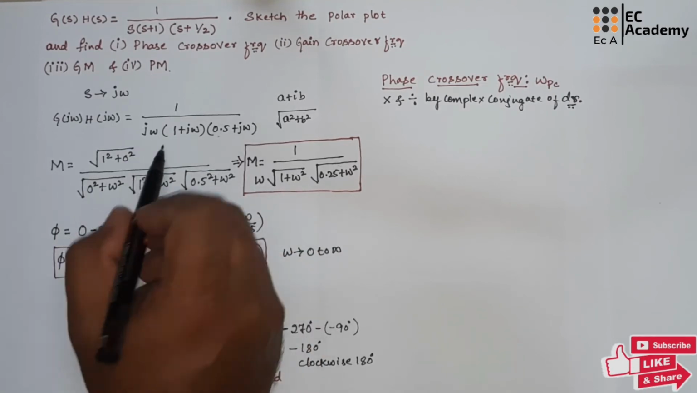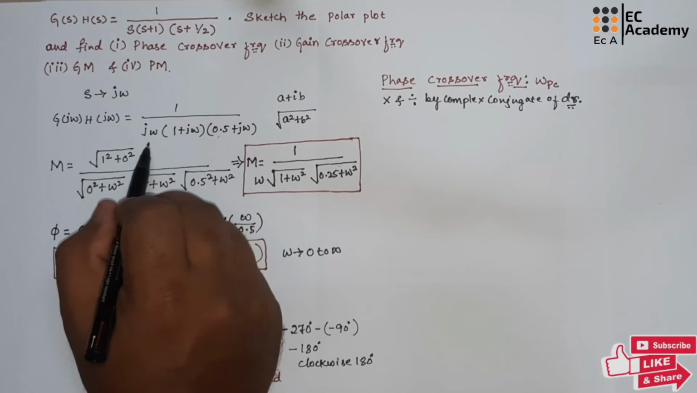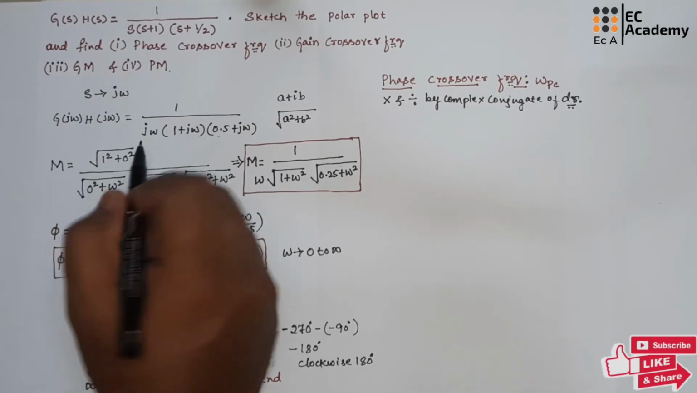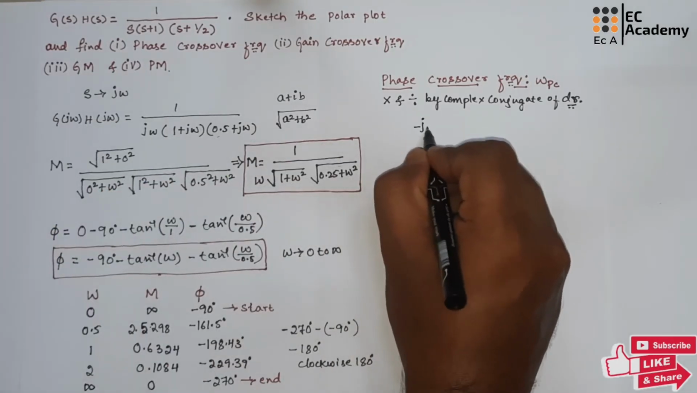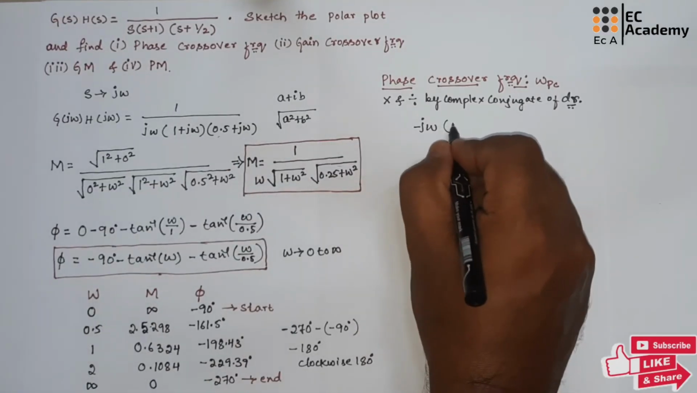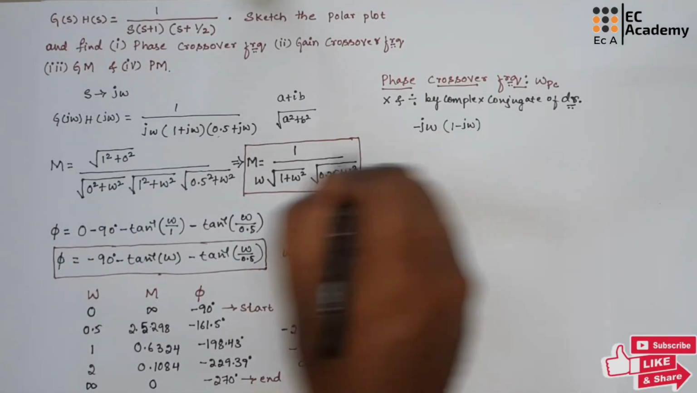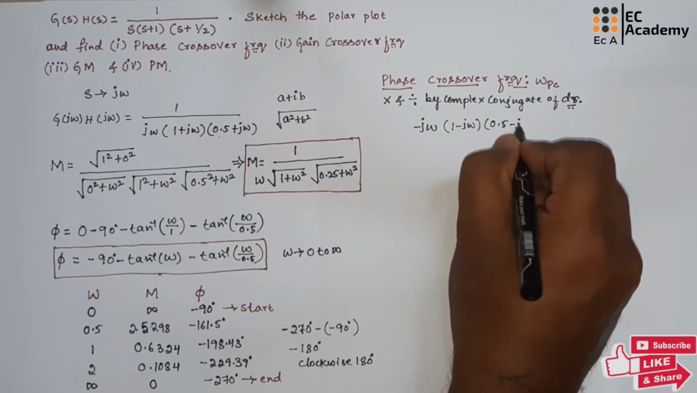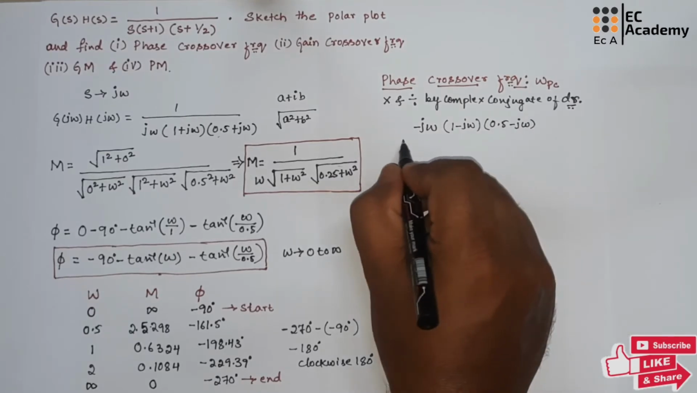So complex conjugate, which means we need to take the complement of the complex value in the denominator. The complex conjugate value of j omega is minus j omega. The complex conjugate of the second term will be 1 minus j omega, and the complex conjugate of the third term will be 0.5 minus j omega. So divided by,